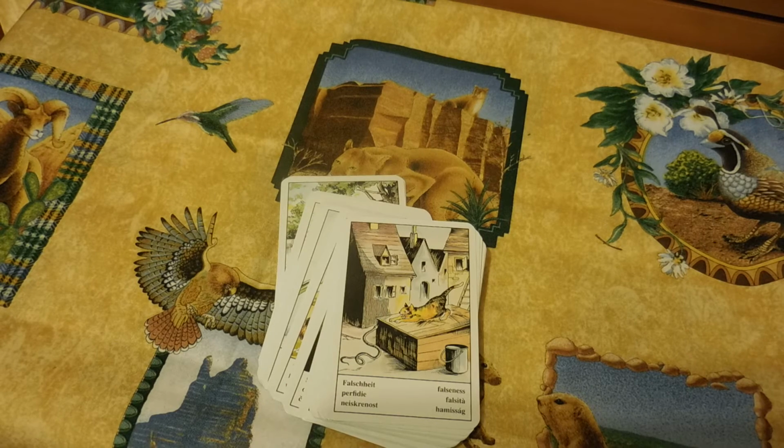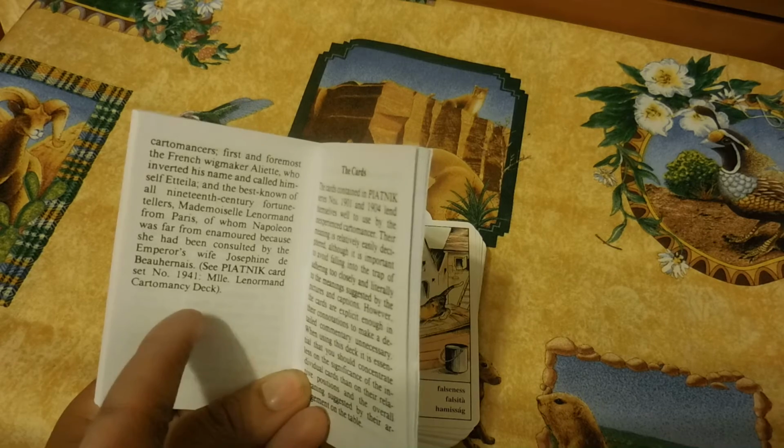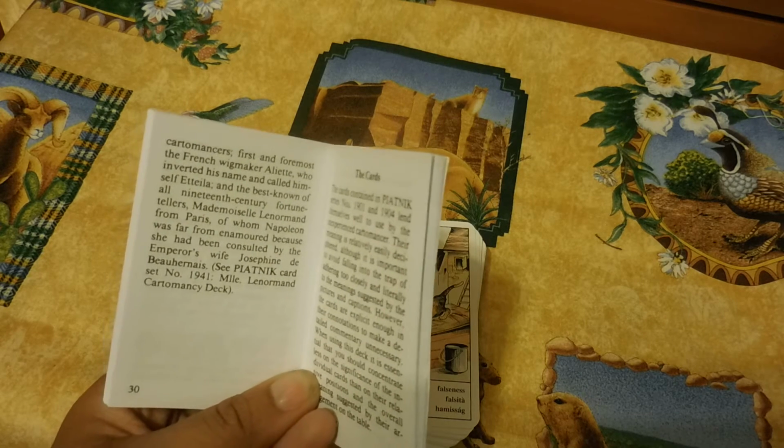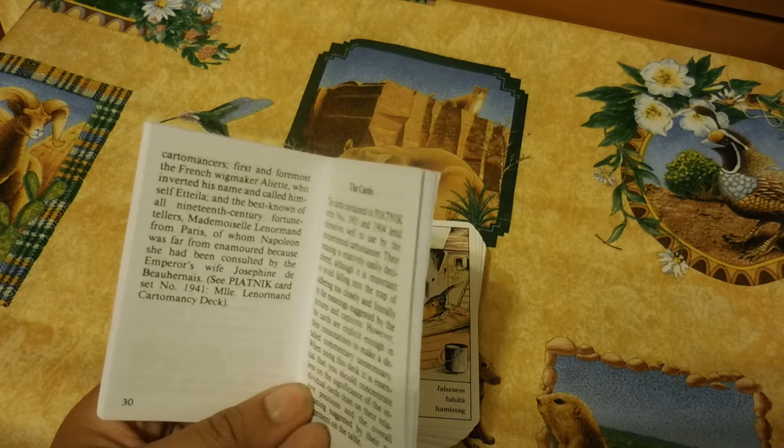But you guys can definitely find this on Amazon. The guidebook to it is really great because it gives information about cartomancy and where it started, and a little bit of the history of it. So I guess, yes, it says Piatnik card, if you guys can see it right here, Piatnik card set number 1941, Madame Lenormand cartomancy deck,